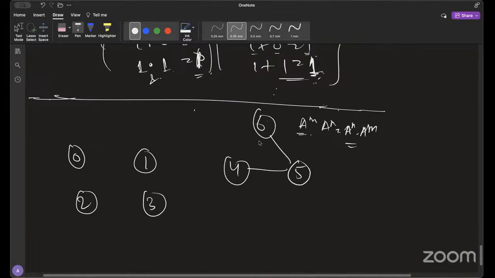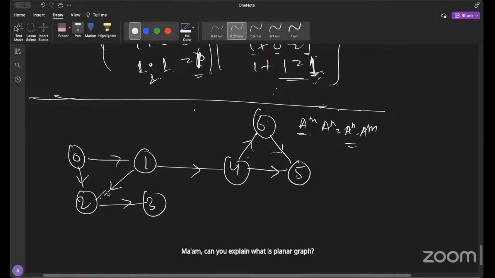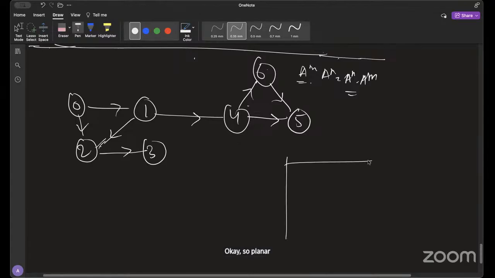Let's say you have this thing. Ma'am, can you explain what is planar graph? Okay, so planar graph is